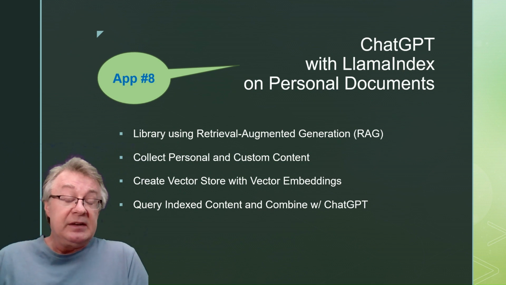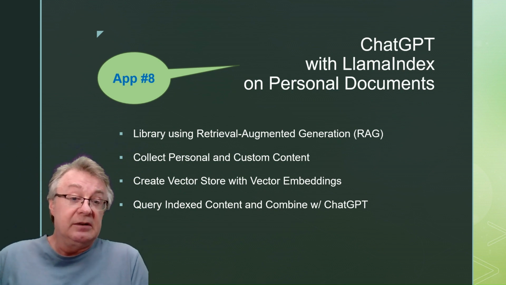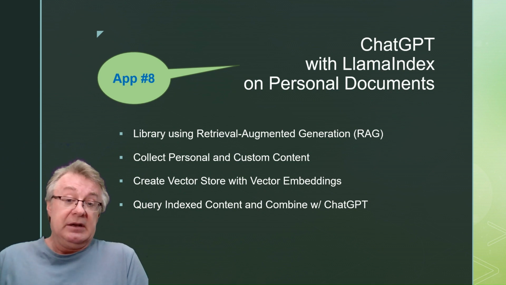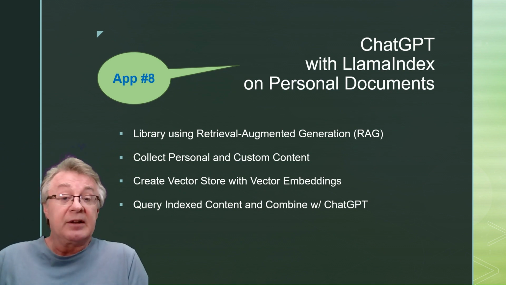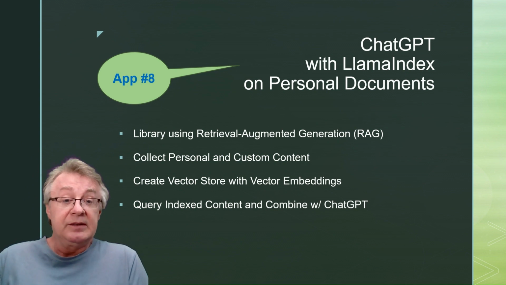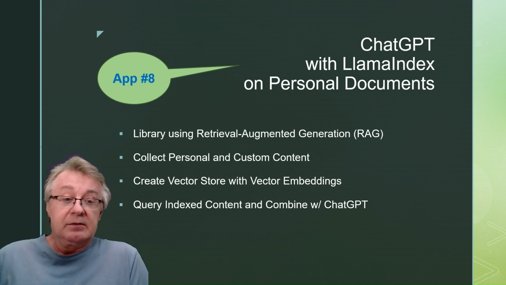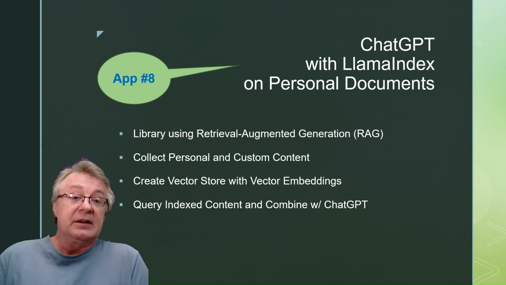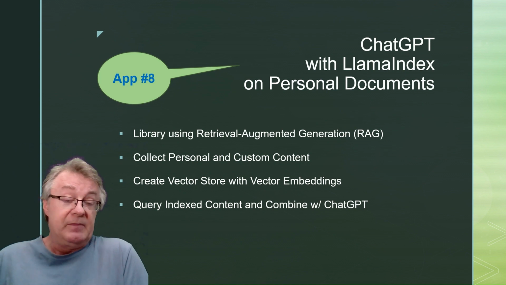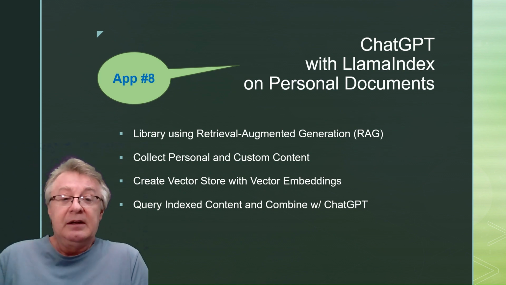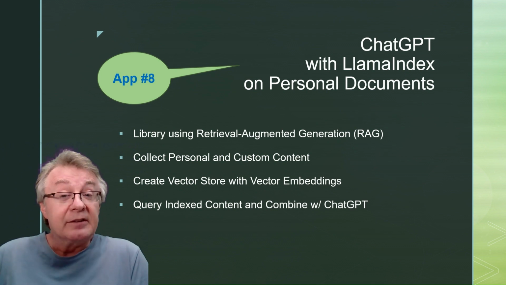We'll go now with an amazing open source library implementing this retrieval augmented generation method. What's happening? You will be able to index and to transform into a vector store with vector embeddings your personal or some custom content from the web that ChatGPT doesn't know about. Imagine right now querying, asking ChatGPT through Llama Index something and getting natural language responses from your index content.